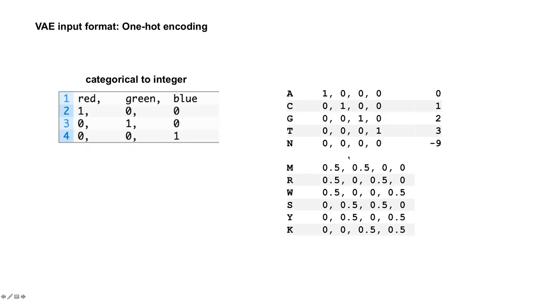So for nucleotide data, this is what I do. Because there are 4 nucleotides, I have 4 binary variables. This is exactly what I do. If you're starting with STRUCTURE, this is also what I do here. Missing or N is all zeros. This, of course, can accommodate ambiguities. For example, if you have an A or a C, it becomes 0.5s. The other benefit about one-hot is that the distance between any 2 variables is always 1.